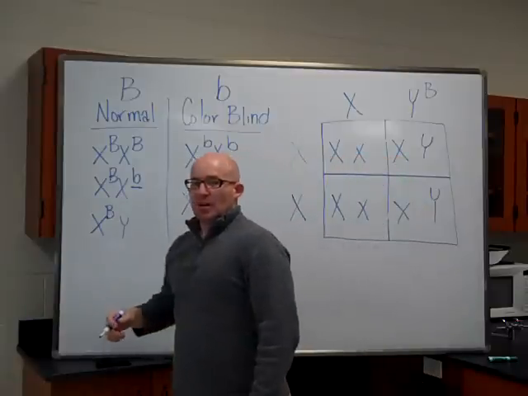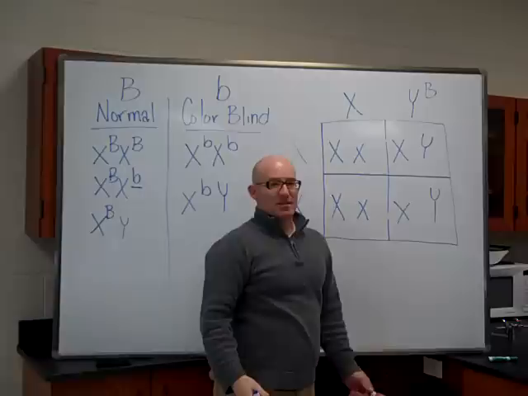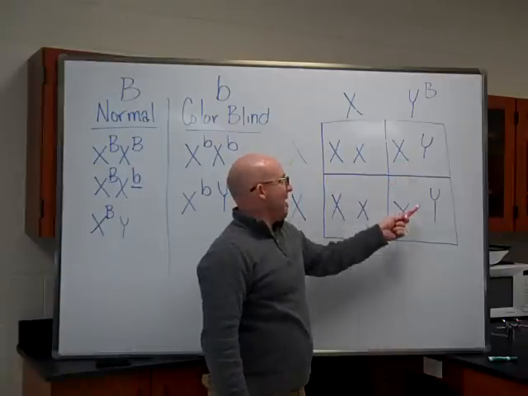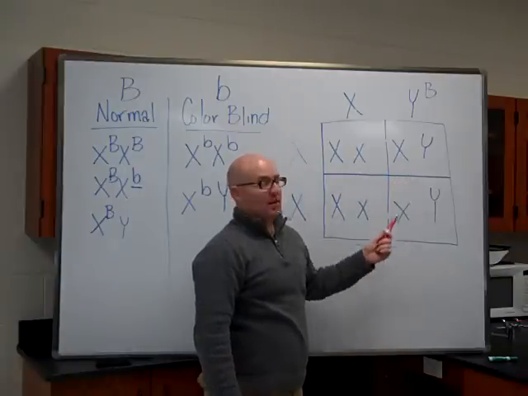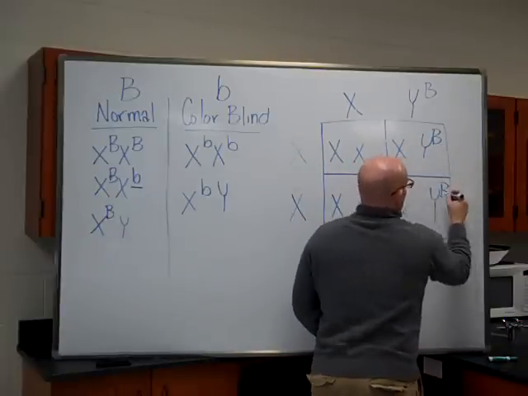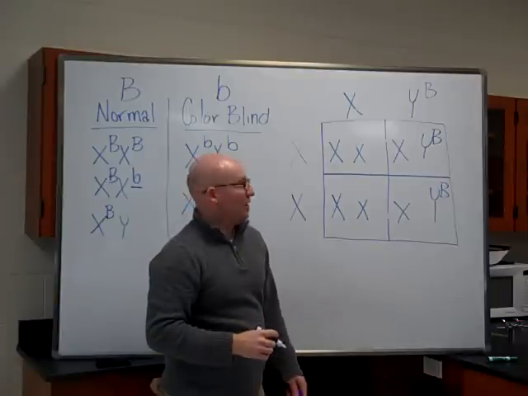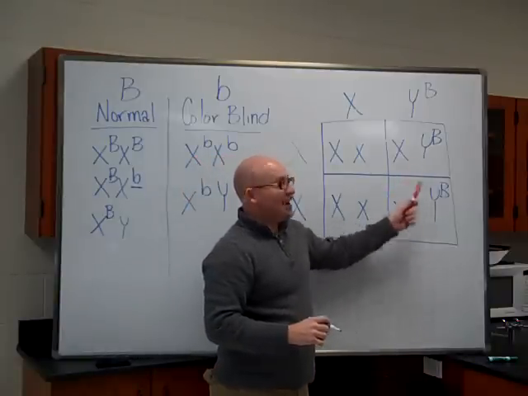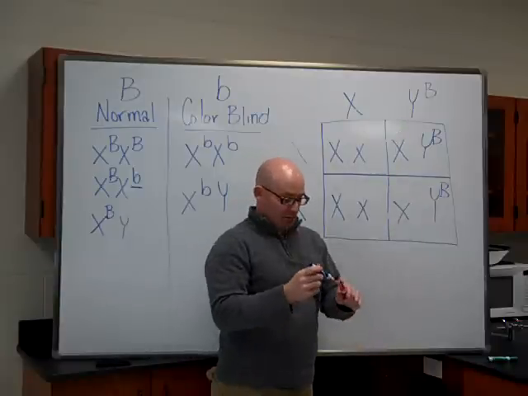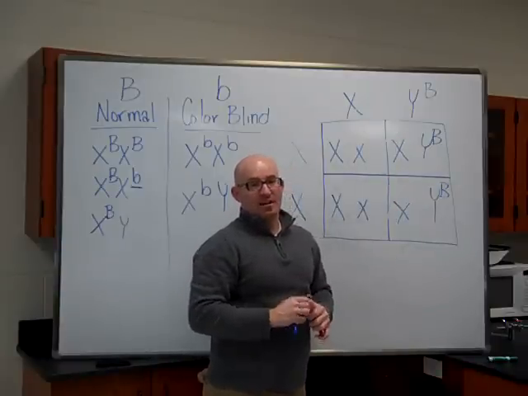Not only would he have to give it to some of his sons, he has to give it to every one of his sons if he's affected. Okay, every son gets a Y from Dad. That's what makes them a son. They get the Y from their father. And so if it's an affected trait, they got that on the Y chromosome from their dad. And every son would have it. So if we saw a son that was unaffected,